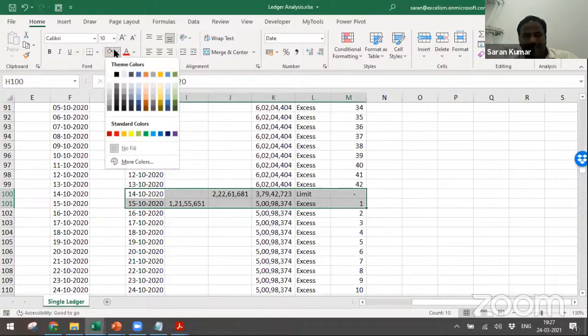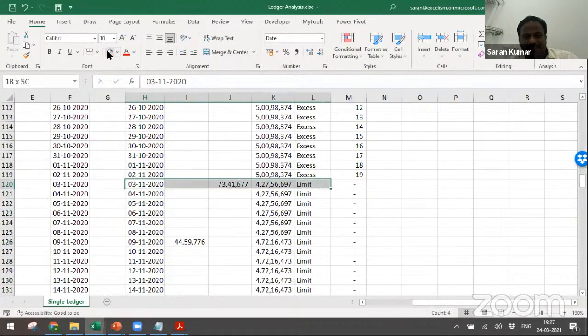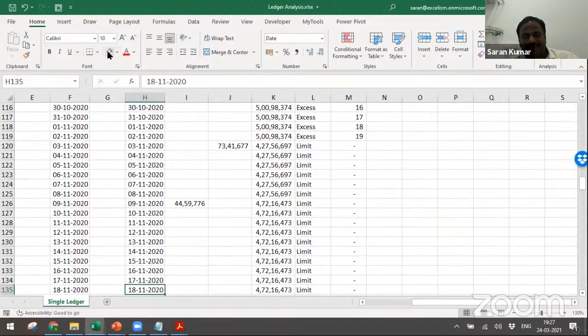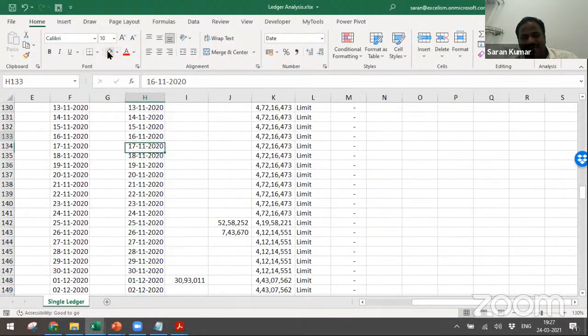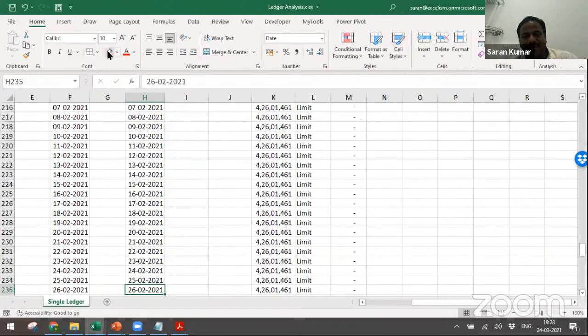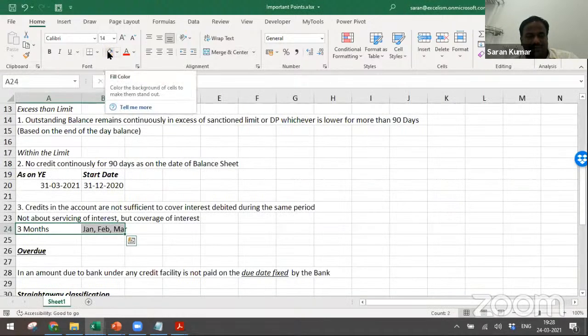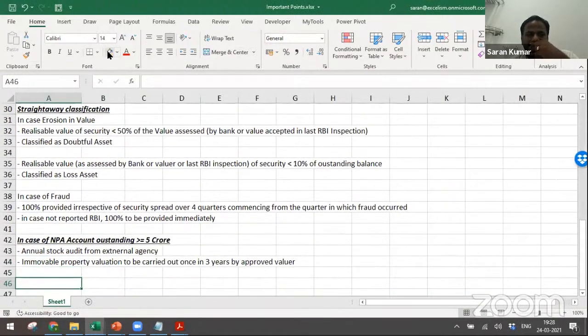See, you can highlight. These are all at least for the identification and working purpose. Maybe you can mention in the working that for the NPA sake it's not the case, but there's serious irregularity with respect to the account because it continuously exceeded more than 30-40 days and then came into order. That means the operating transactions are not routed through this account and so on. As simple as that. So this is the way you can calculate the number of days out of order. Let me save this file and close it.